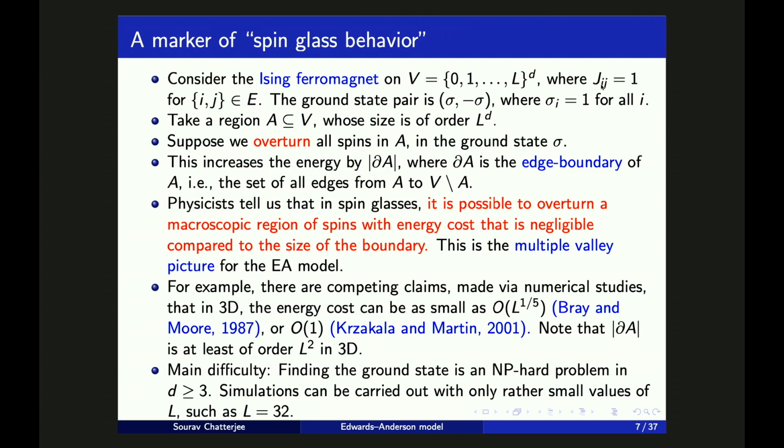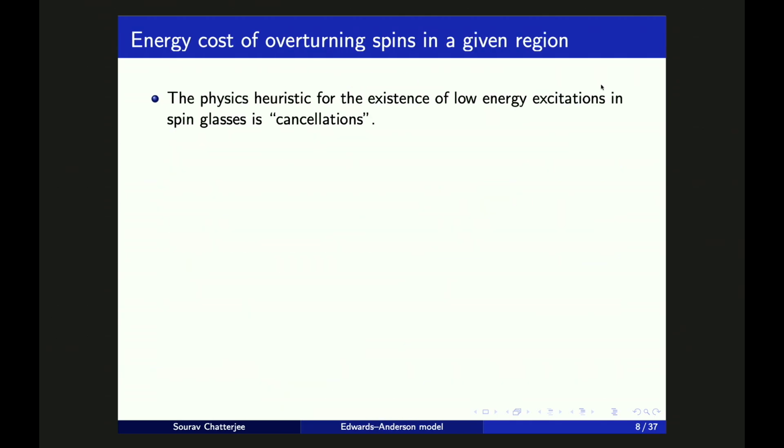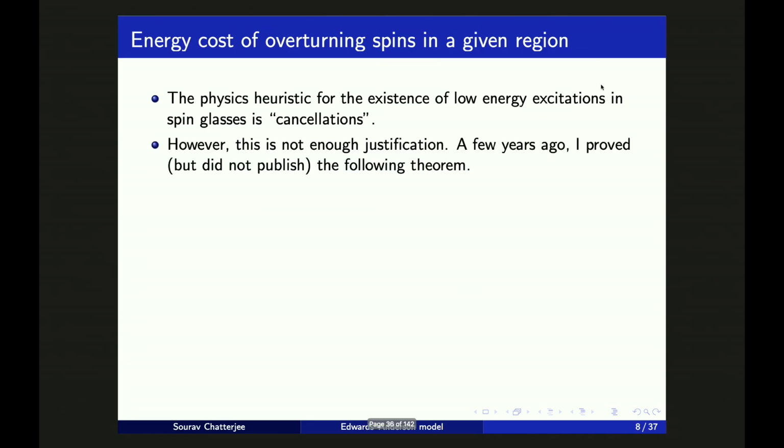So the physics heuristic for the existence of these low energy extensions is cancellations. What they say is, just these cancellations because you have these GIJs. However, this is not enough justification. So a few years ago, I proved this, but didn't publish, and it's in the new paper,